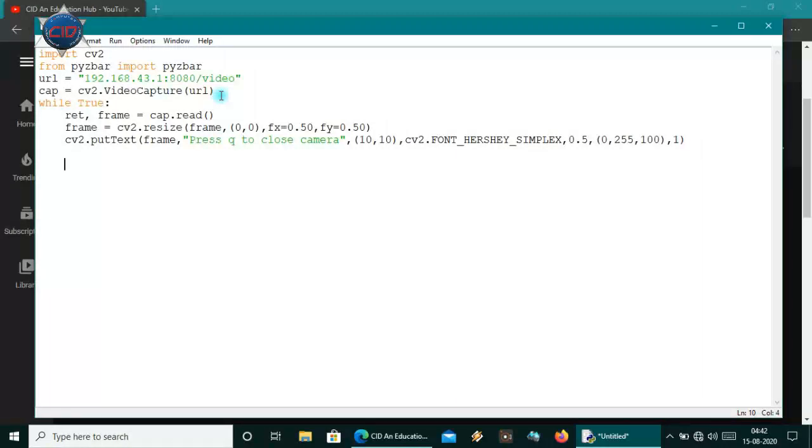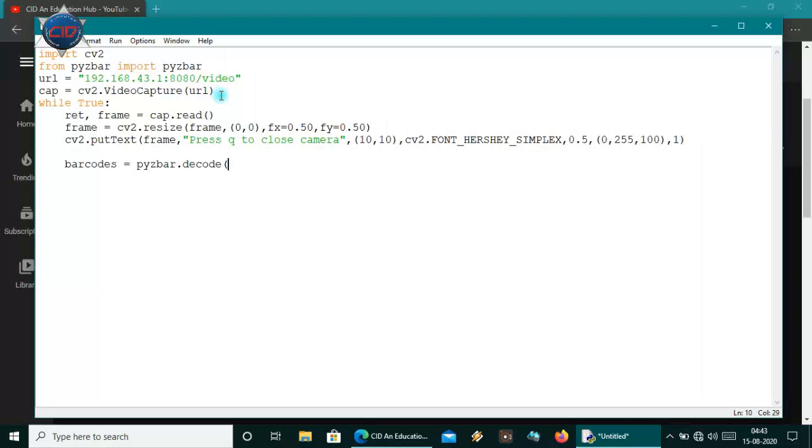Now we'll have to scan the barcodes from a single frame. Let me make a variable called barcodes, under which we'll save all the barcodes. We'll have to decode the frame for the barcodes, so I will call the pyzbar.decode method.